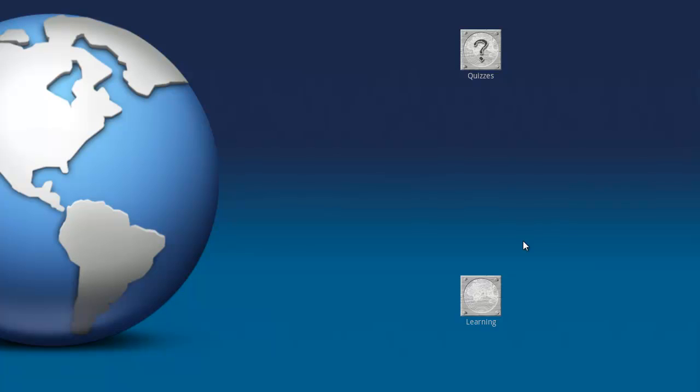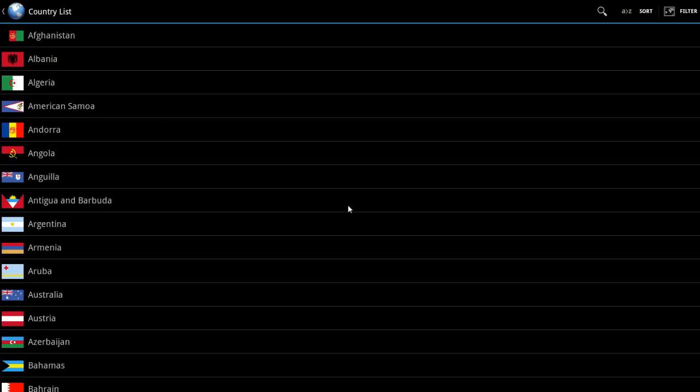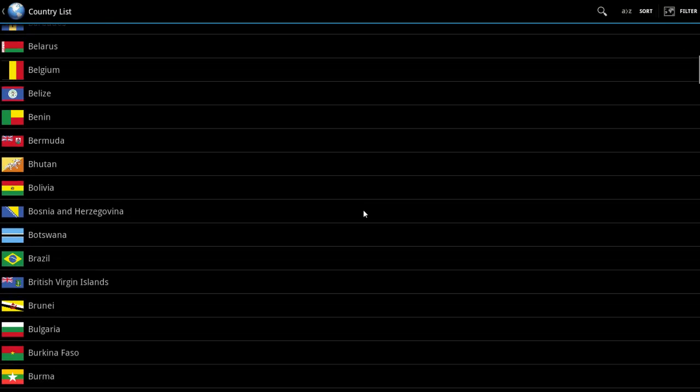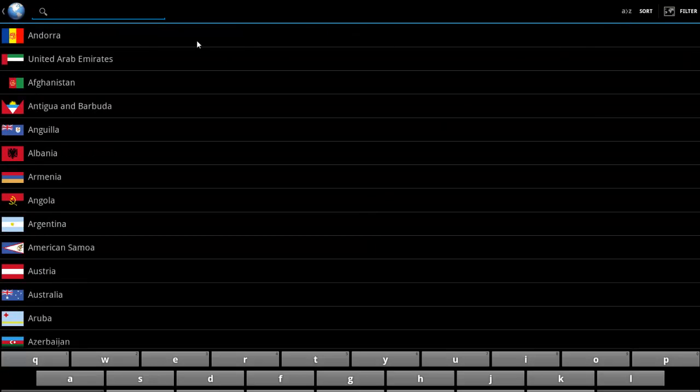GeoTrain, as the name suggests, is an app/game because it has a playing part where you have to test your geography skills, but also a learning part that you can use to learn more about a particular country. GeoTrain has a list of all the countries in the world, all 196 of them, and for each of the countries it has details. The learning part, as I mentioned, lists countries alphabetically, but because it is a long list, you can search for a country,